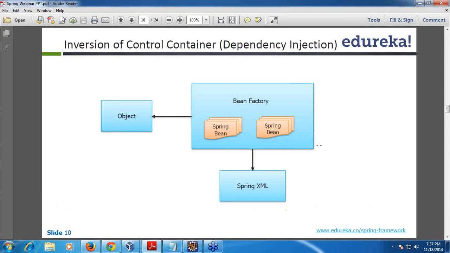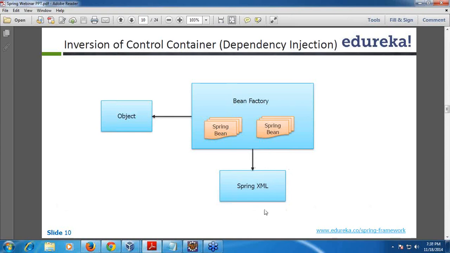We create just Java beans, pair them together, and let the container manage them. The container will take care of loading them, setting them, and managing their life cycle. There are multiple ways to configure them.